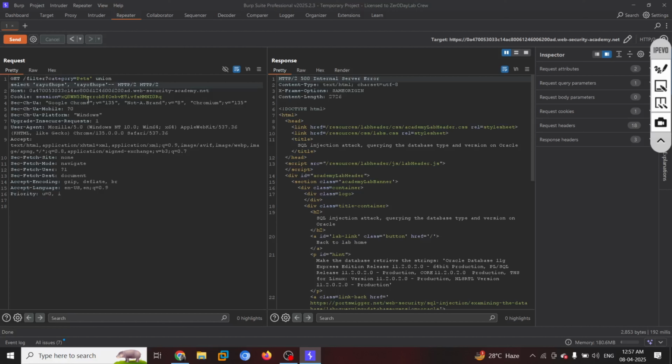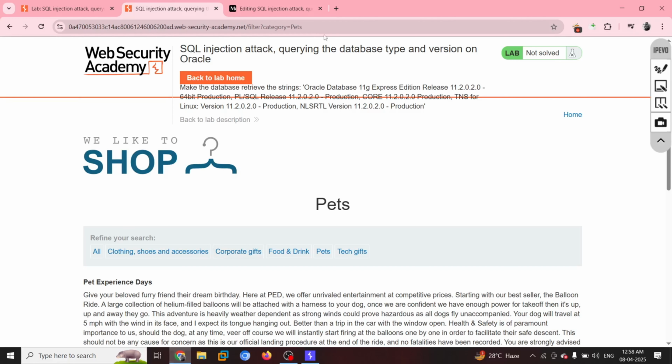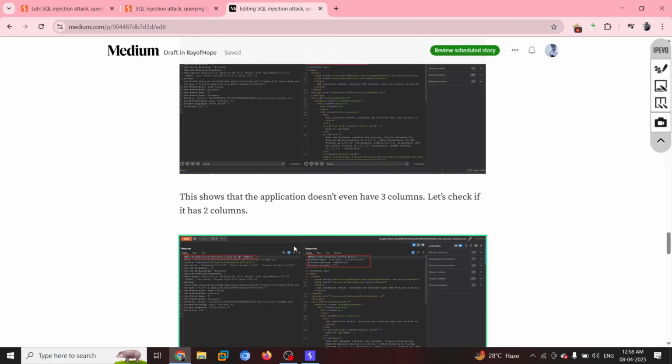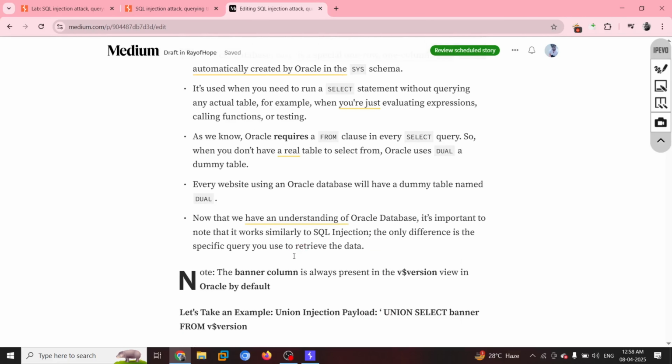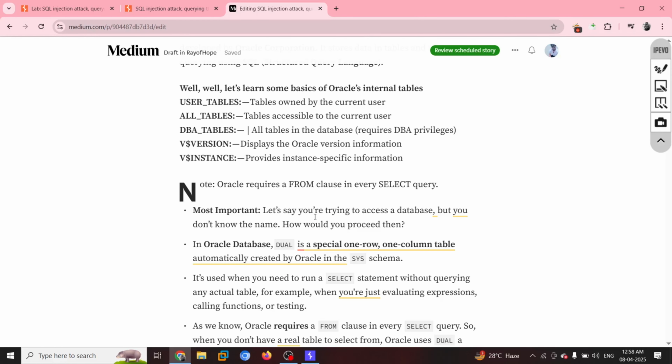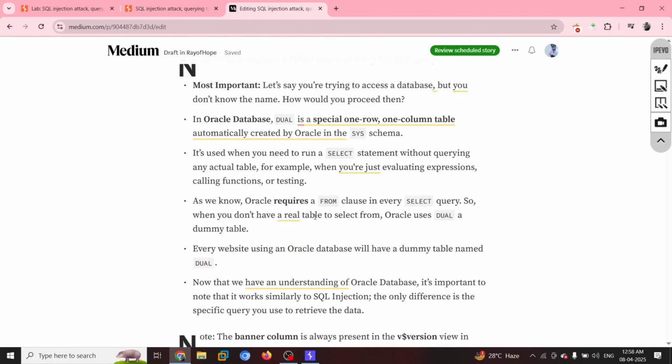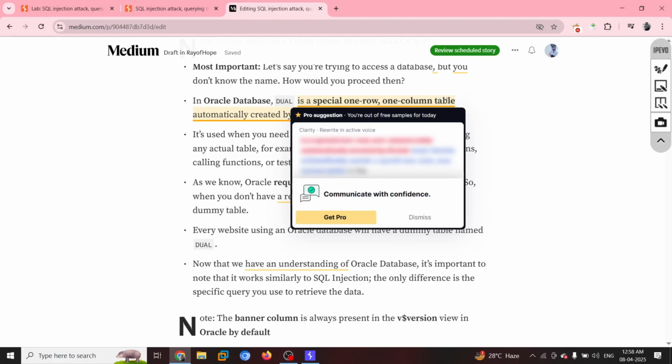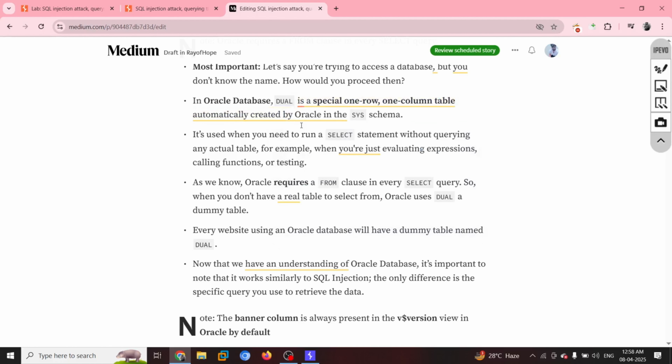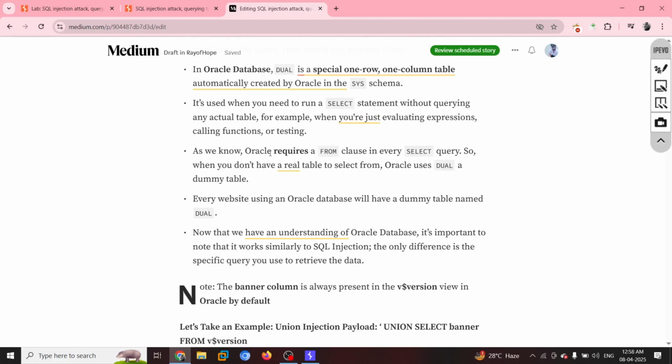If it were a SQL database, right, and if we are doing so, we would come to know about it, right? But now it is an Oracle database, right? So in Oracle database, we have a default that we cannot skip. When we are calling data, we need to specify the table we are using, right? So in Oracle database, dual is a special 1 row, 1 column table automatically created by Oracle in the SYS schema. So whenever you are going to use a select statement with from, you are going to use that, right?